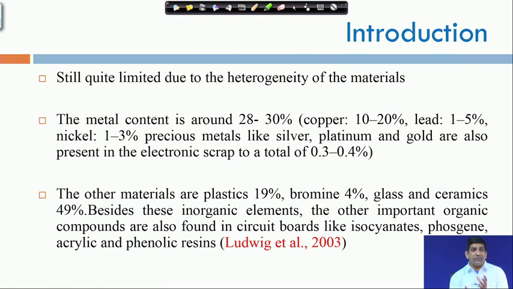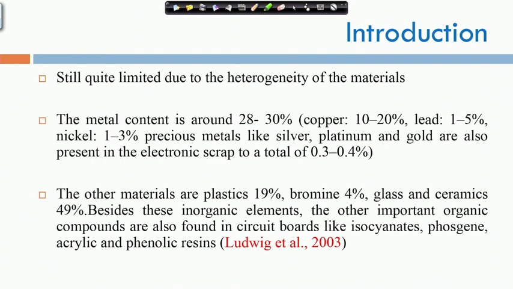Then lead is around 1 to 5%. Earlier it used to be more, as I showed you in some pictures in the earlier video, but nowadays lead is around 1 to 5% in the newer electronics. We have nickel around 1 to 3%. Then we have precious metals like silver, platinum and gold, which are around 0.3 to 0.4%. But if you think about the huge amount of electronic waste, even at 0.3 to 0.4%, these precious metals are really valuable. You can get a lot of precious metals out of these electronics,